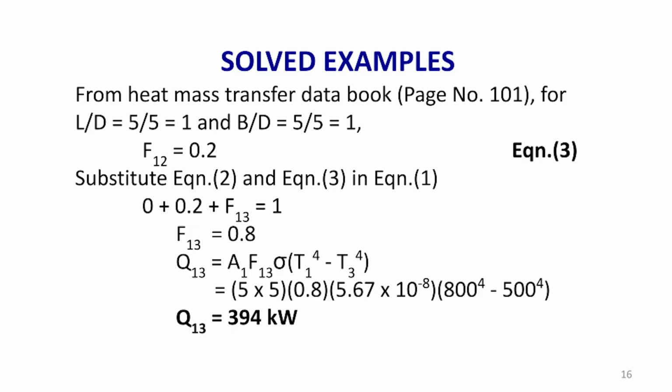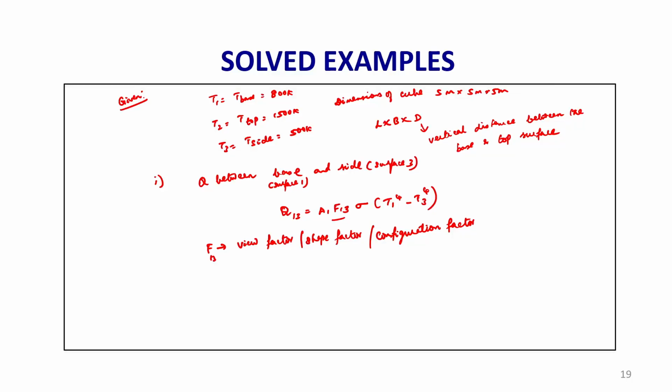It is the fraction of the radiant energy leaving the surface i, in this case the fraction of the energy due to radiation from surface 1 that is striking surface number 3. So, there are 3 names: view factor, shape factor, configuration factor, all are same. Now, this view factor,